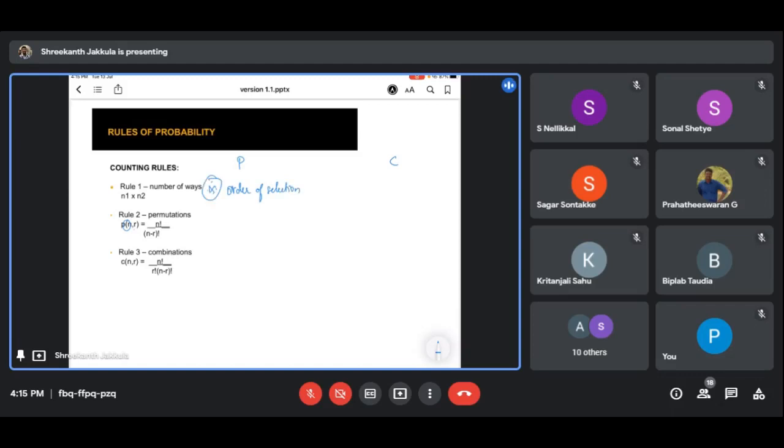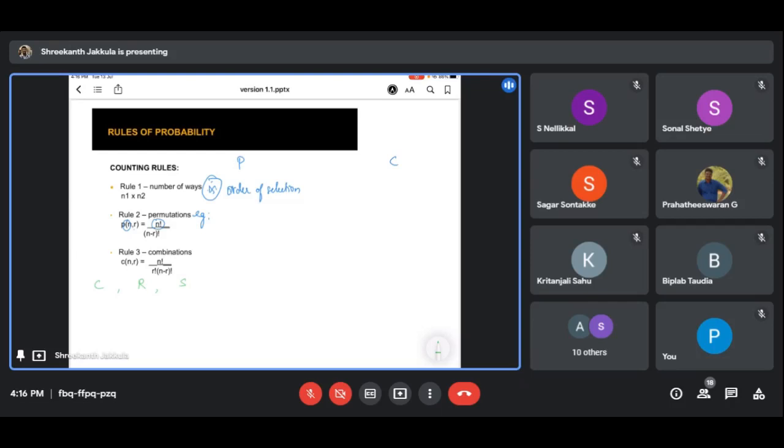So what is n factorial? N factorial denotes the number of different ways in which n objects may be arranged. We'll see some examples, then it will be clear. So for example, if there are three different ways of treating cancer patients, let's consider chemotherapy, radiotherapy and surgery. And then we are asking how many different ways can a patient be treated with two different treatments.